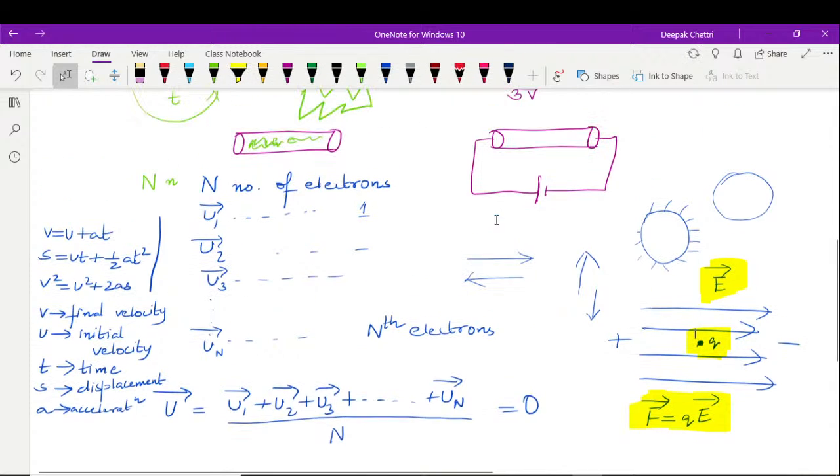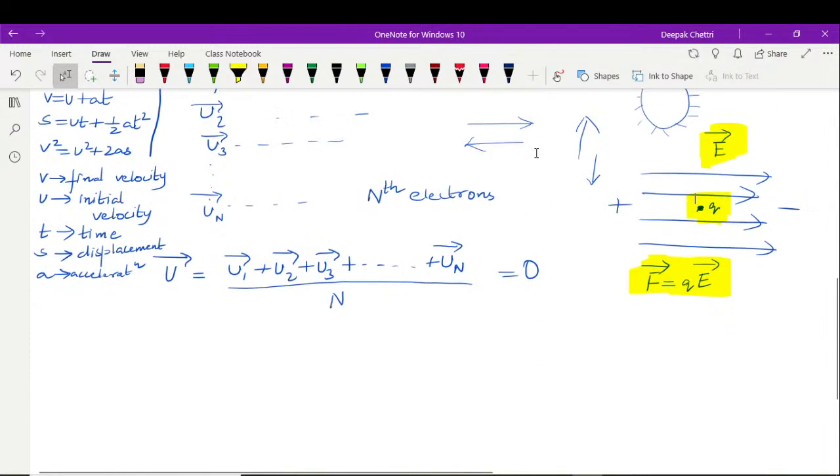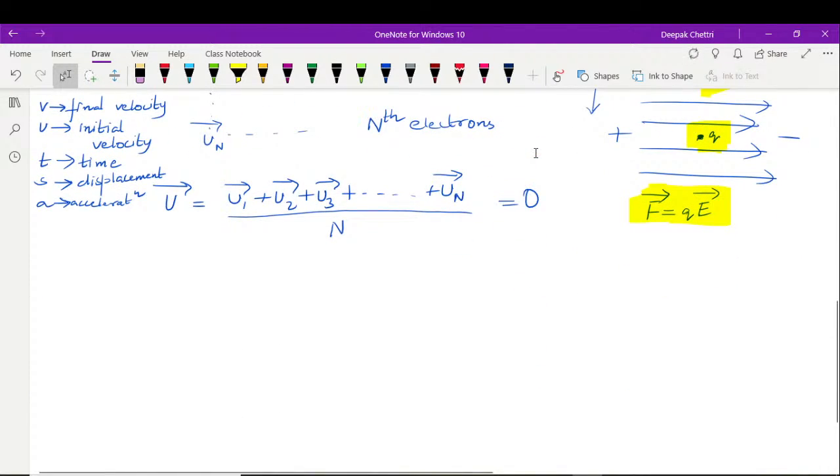Okay. So now what happens once you connect this battery? Like I said, electric field will be produced, and all the electrons that are there will experience this force. Now, so how do you write Newton's second law? Newton's second law, if you remember,